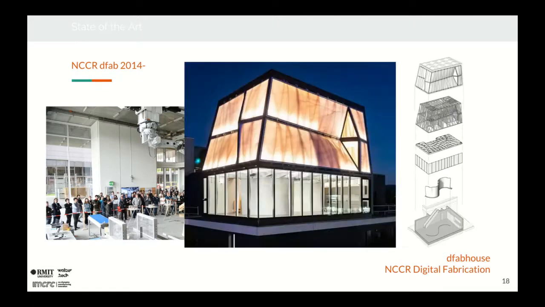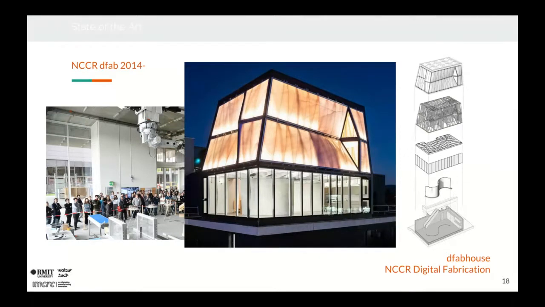And as a demonstrator, I think that's also what Daniel was mentioning before: it has to leave the lab. It's sometimes nice to do stuff at the lab at uni, but in the real world there are very different constraints, and sometimes it's very important to bring out a demonstrator project. I was involved in this particular one. It is an experimental building where industry partners, the NCCR and associated groups together developed a unit, like a house actually, for people to live in, that is mainly built by digital processes, like